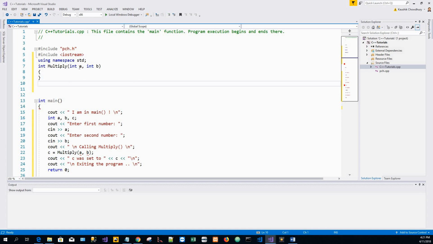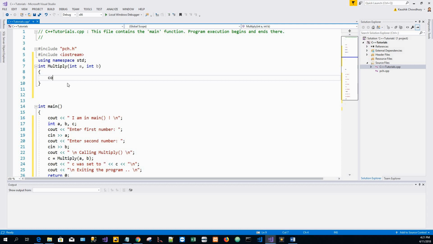Here I would like to point out that you could call these parameters with any other name, say int first number, int second number, or int first, int second, it doesn't matter. You can use the same variable names a and b as well, so that should be fine. So cout this time will print to the monitor inside the multiply function,